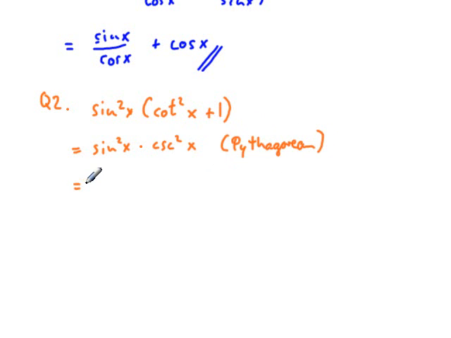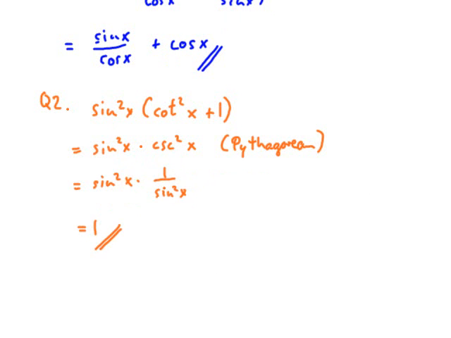And of course the cosecant is the reciprocal of the sine, so sine squared x times 1 over sine squared x, and that of course is 1 because the sine squared divides,